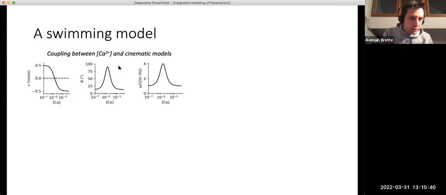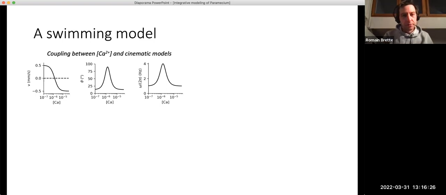Now, the numbers here are not direct measurements. Well, a few points here are direct measurements. What we can measure is the angle during the forward swimming, because we can just look at the spiral. And we can also have the spinning speed during the spiral. So these two points are measured. Then the maximum here is 90 degrees because that's what corresponds to the largest avoiding reaction illustrated in Jennings' books. And for the spinning speed, it's just the factor that we've seen in the spherical model. So these are a bit